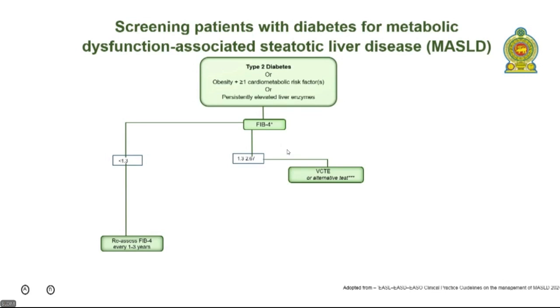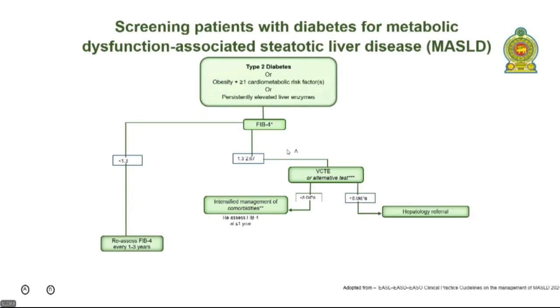fibroscan or any other method, but we don't have any other methods, so we have to go for the fibroscan. That's plan A. Then if it is less than 8, remember the number, if it is less than 8, again lifestyle changes and do the FIB4 scoring after 1 year. Then if the fibrosis score is more than 8, that is, the liver stiffness is more than 8, that patient needs referral to a